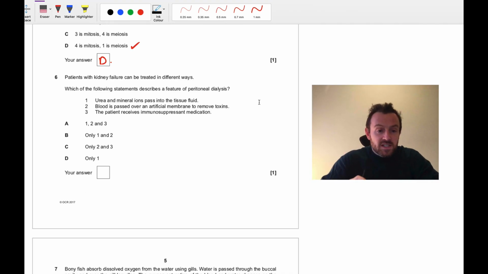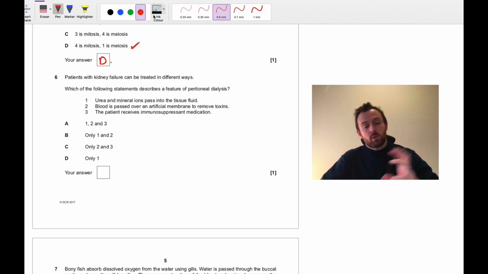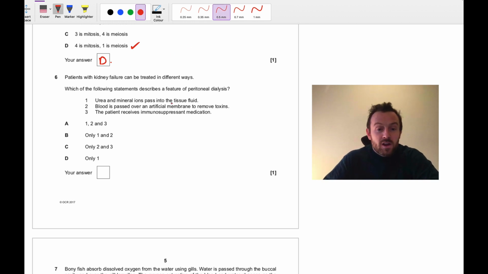Okay, so here we are, question 6. Patients with kidney failure can be treated in different ways. Which of the following statements describes a feature of peritoneal dialysis? That's the one where the fluid is put into the abdominal cavity. So urea and mineral ions pass into the tissue fluid. This is a bit weird the way it's worded, tissue fluid. I would have said dialysis fluid, but I think if they're talking about the dialysis fluid, then that's